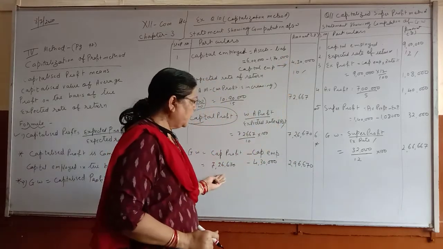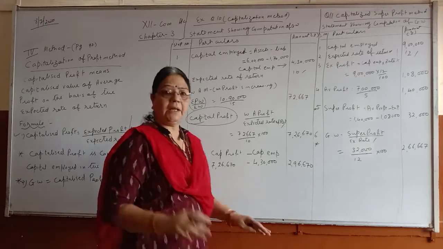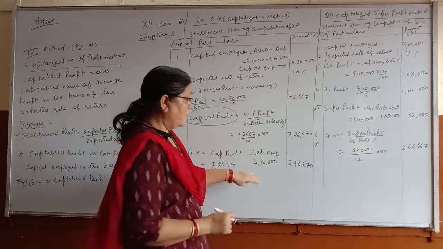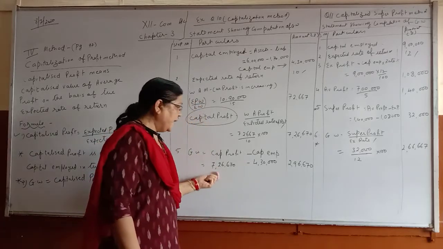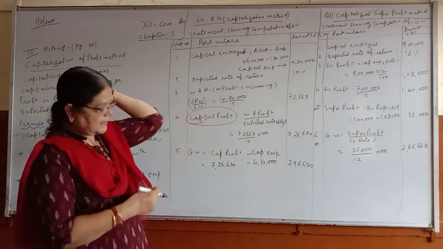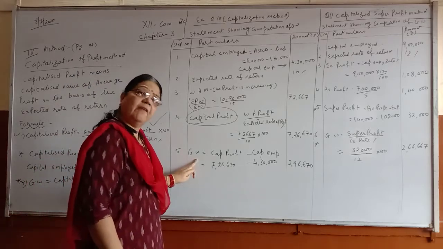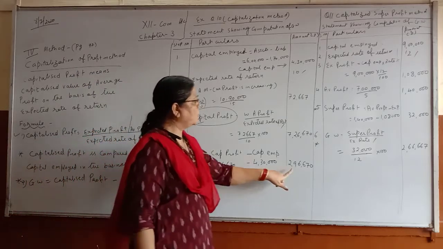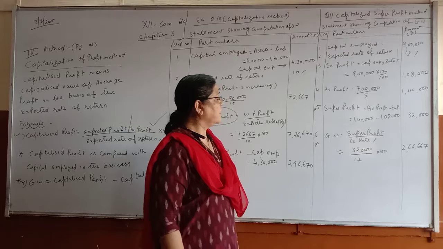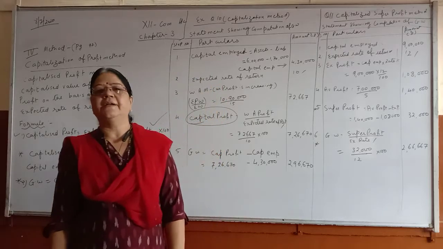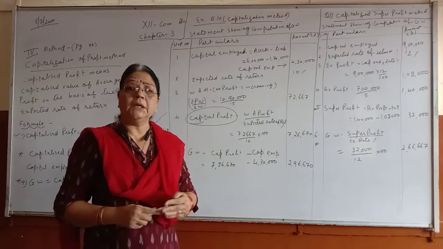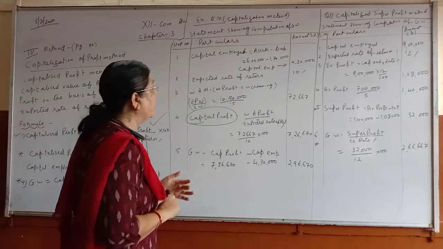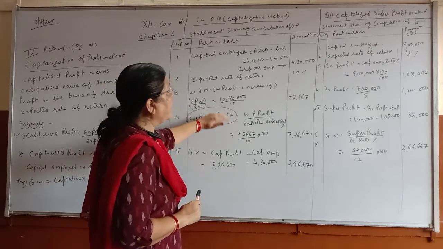So children, here you can see how much capital I have invested in the business, 4,30,000, and how much profit I earned, 7,26,670. So what will be the value of goodwill? The value of goodwill will be 2,96,670. So in this method, you have compared capital profit and